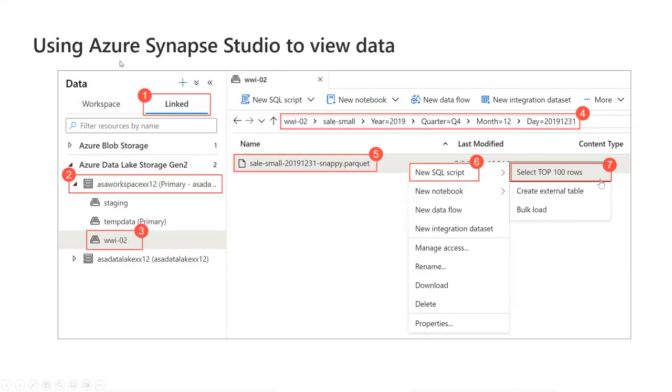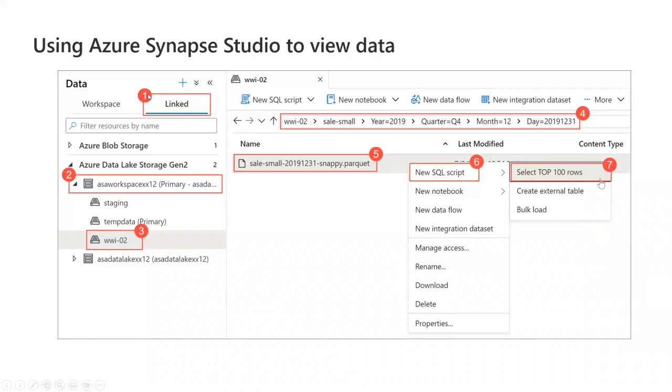Remember I told you to use Synapse. You go to your Azure Synapse Studio, and that's where you're gonna be able to perform your actions and use your features about the Synapse. So here is how you can, for instance, do a very quick exploration within your data, selecting the top 100 rows in your file, whether it's a Parquet file or CSV, etc.